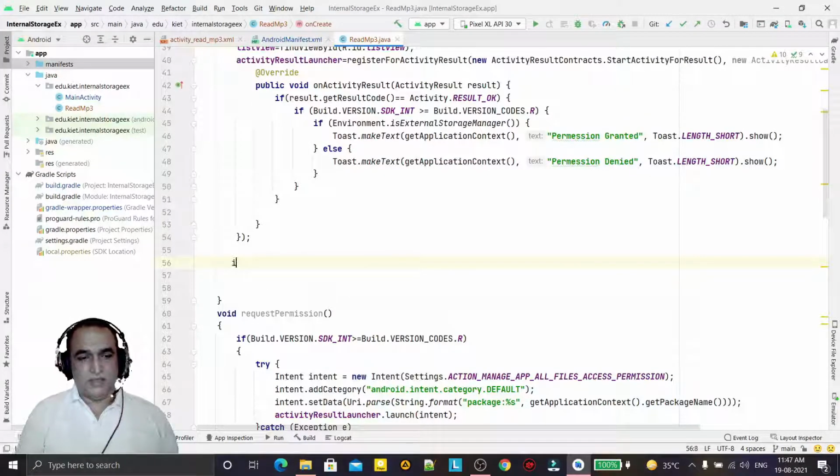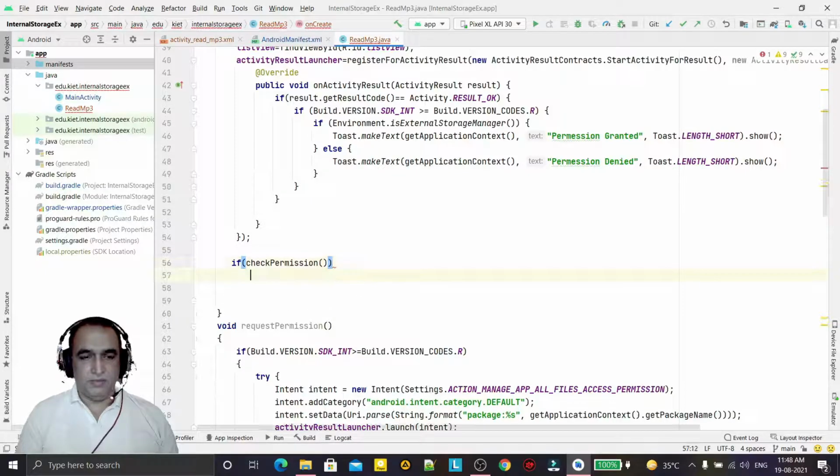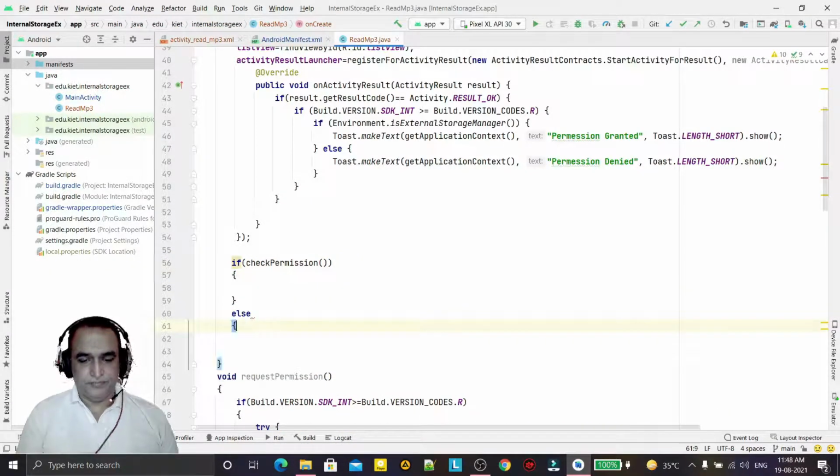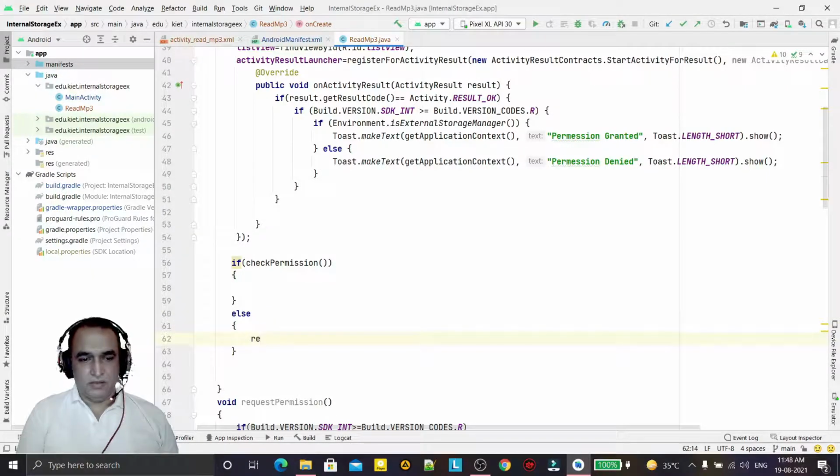Then here we are checking permission. If the permission is already given, then we will do the code. Else, if permission is not given, then we will request the permission. So here, if permission is given, then we are creating a file